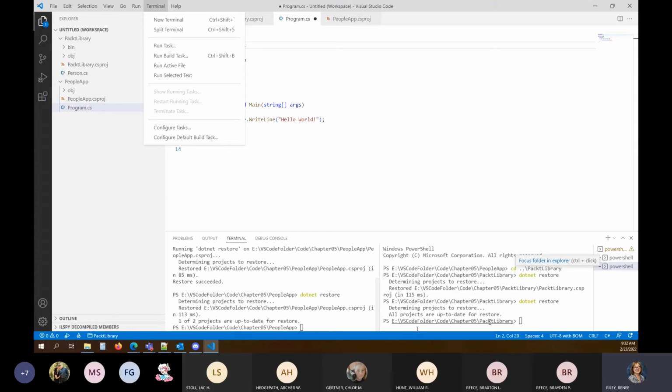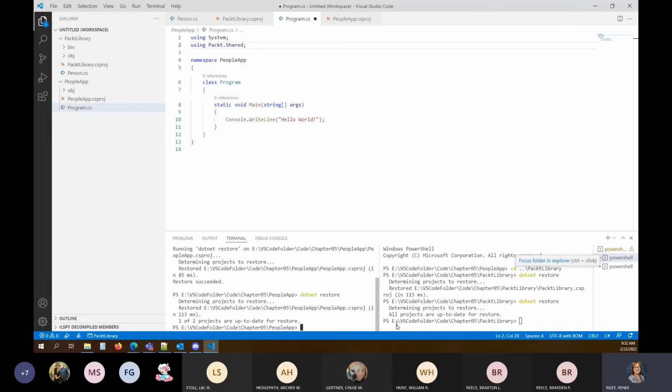When you split that terminal, then you can have two different folders showing. So this first one, I left it in the people app folder. The second one, I did this CD command, CD space dot dot backslash pocket library, to put it in our pocket library folder.